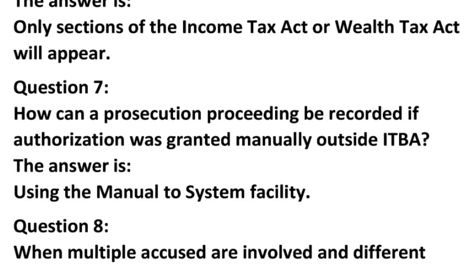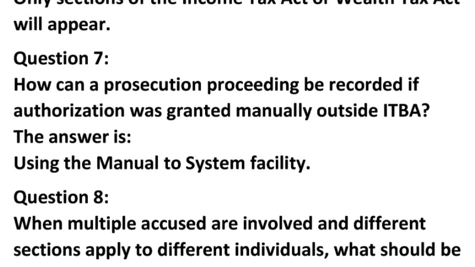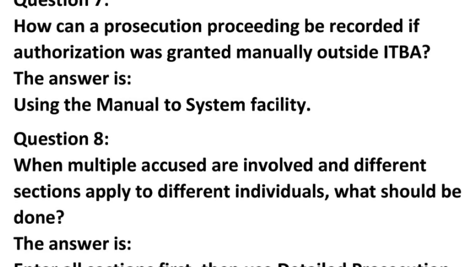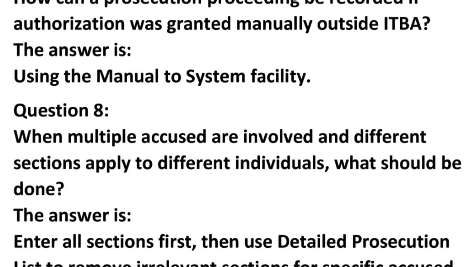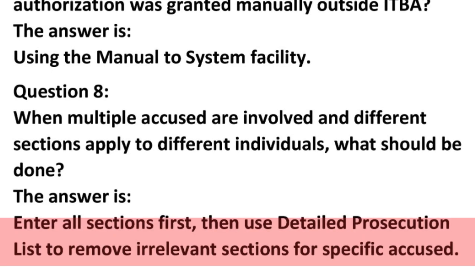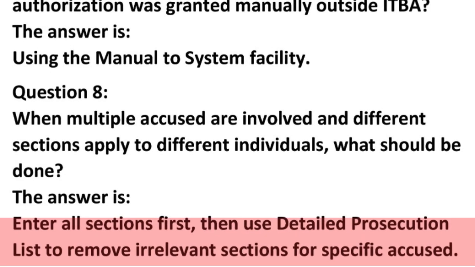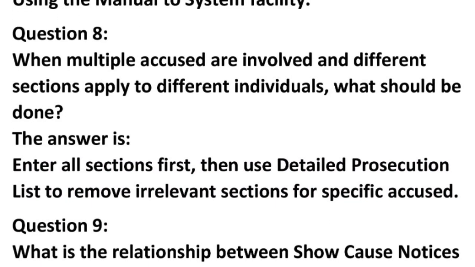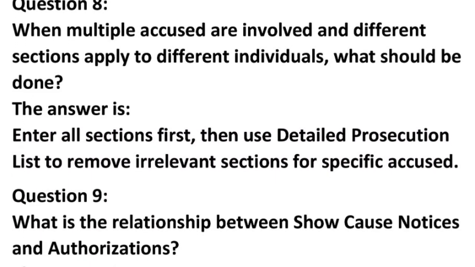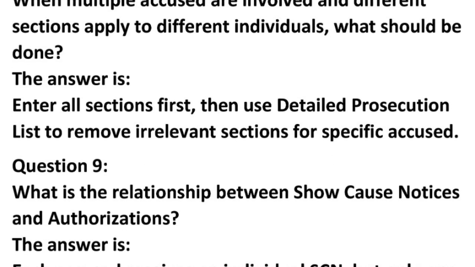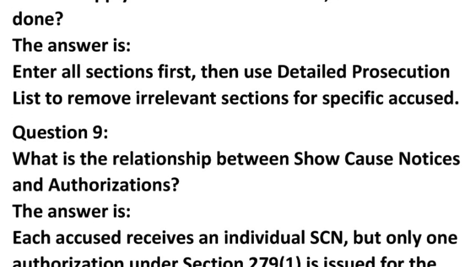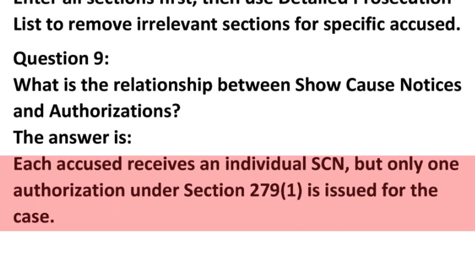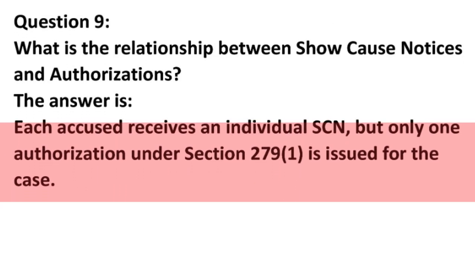Question 8. When multiple accused are involved and different sections apply to different individuals, what should be done? The answer is enter all sections first, then use detailed prosecution lists to remove irrelevant sections for specific accused. Question 9. What is the relationship between show cause notices and authorizations? The answer is each accused receives an individual SCN, but only one authorization under Section 279(1) is issued for the